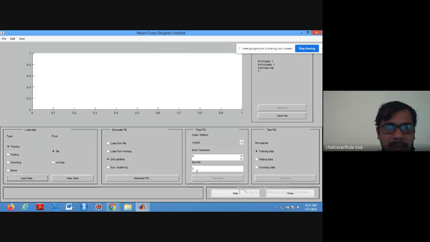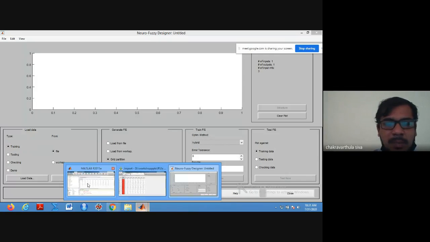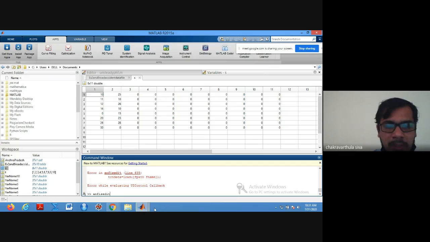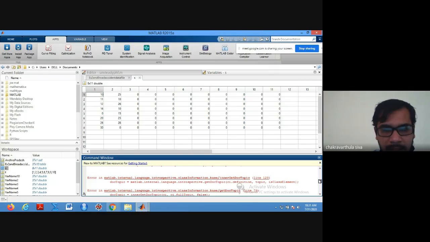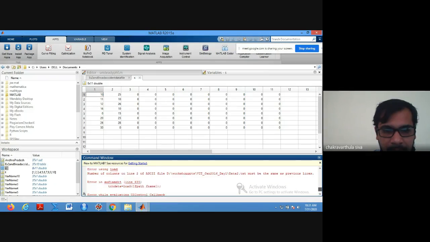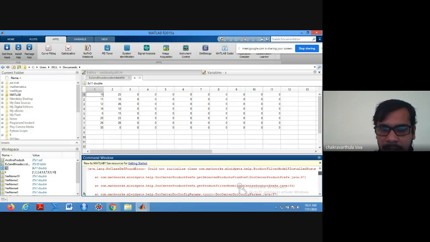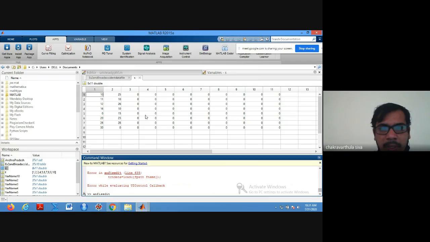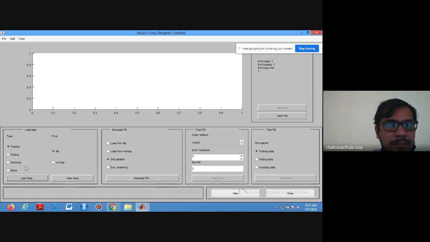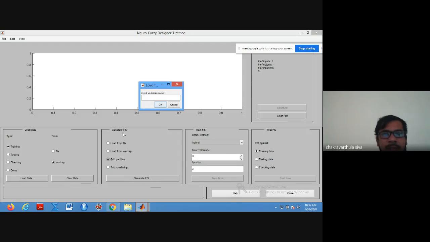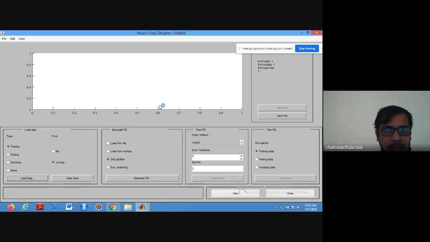We have got an error, which means it did not take that particular data in this format. What is the error we got here? The error is: could not initialize the class. So at minimum we need some data, so let us try from the workspace. In the workspace, it will ask you to upload. There we have the data we generated, like the S value, the input value.